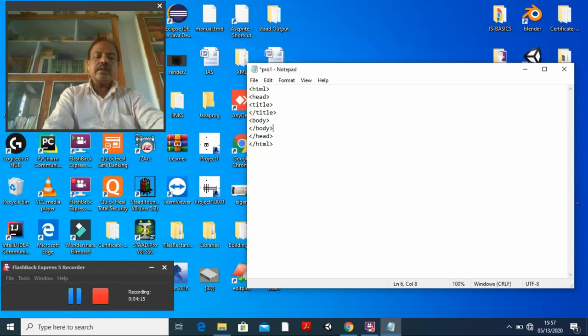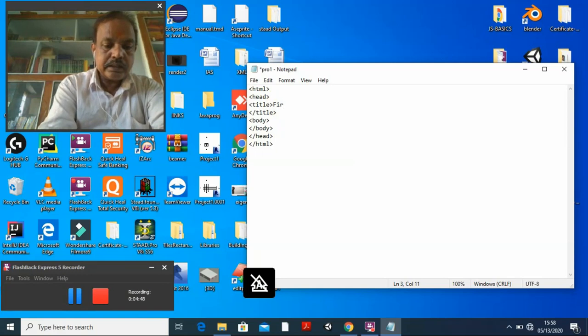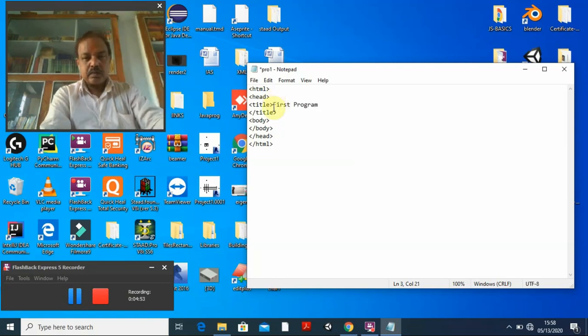By default, all browsers, whether it is Internet Explorer, Mozilla, Chrome, or Firefox, any type of browser you see in any language, in any operating system, by default each and every system will be provided with a browser. And this HTML program will run in all types of browsers, even Safari. So when you write a program like this and save it with the extension, say suppose the title I give is, this is my first program, first program.